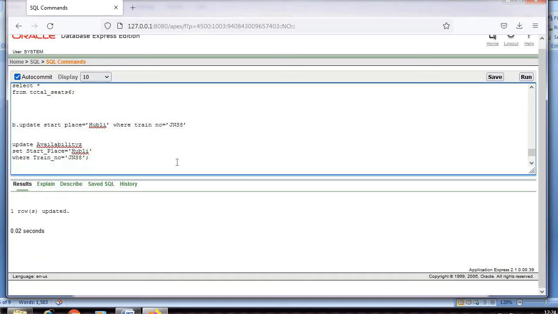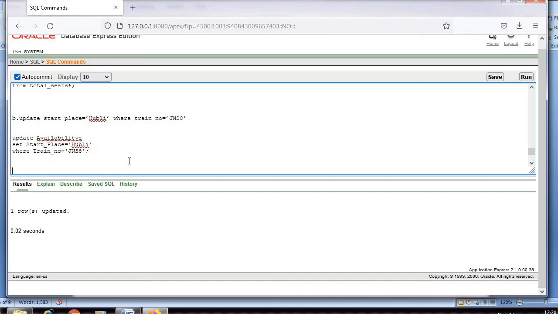Yes, one row updated. Before seeing the changes, I'll explain how this works.